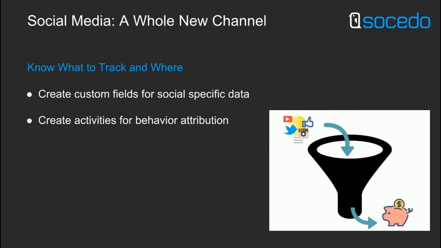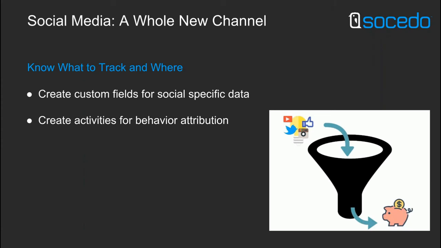Well, we can't really create a custom field in our database for every single data point, for every single tweet, for every single hashtag, for every single job title field, for every single kind of profile information. We want to look for the ones that are very specific for us. So, for example, I don't need to know every tweet that one of my leads is tweeting. What I do need to know is what's the tweet that brought someone to my site? What's that last touch tweet?